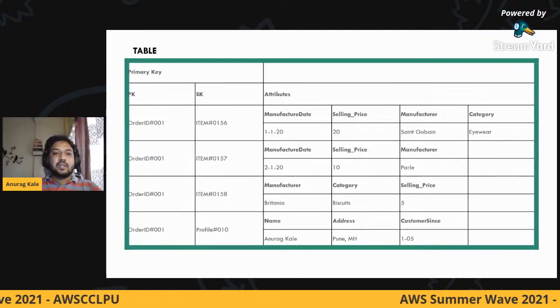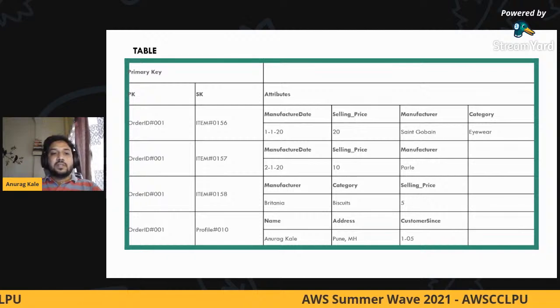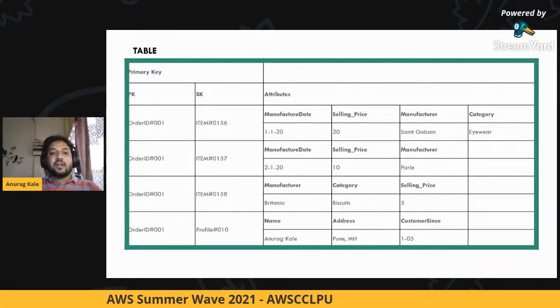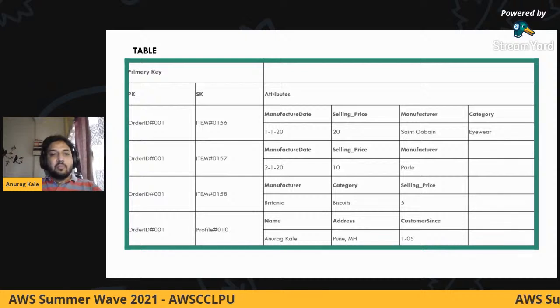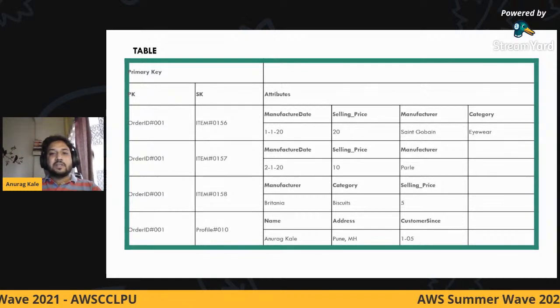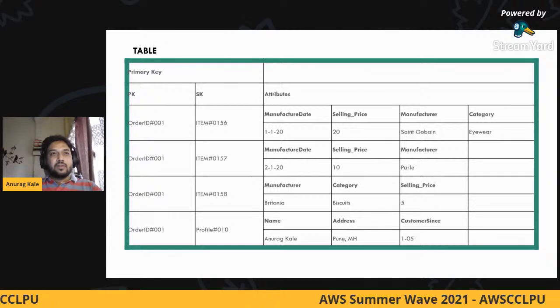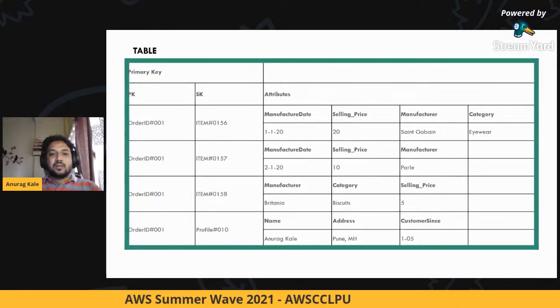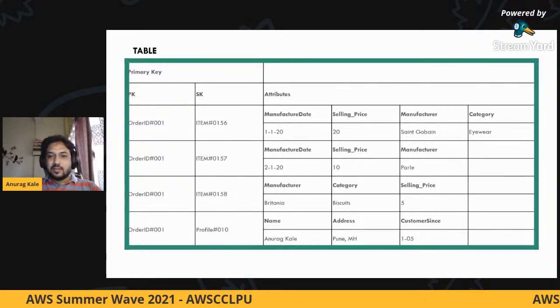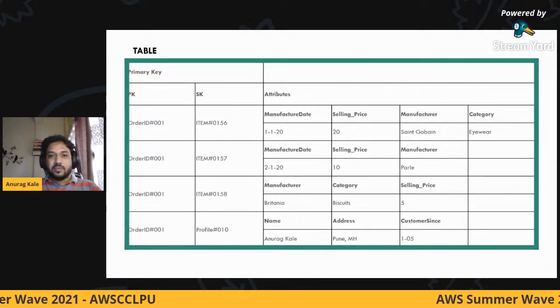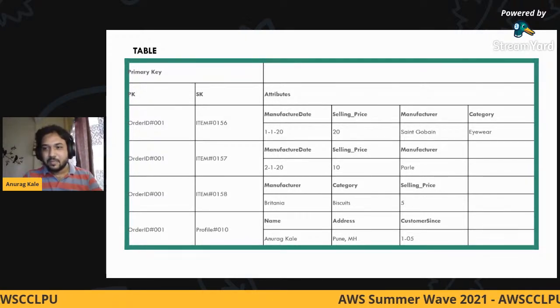Now if you see here carefully, items 156 and 157 both have manufacture date, selling price, and manufacturer, but only item 156 has a category. 157 doesn't have it. So the blank space here doesn't represent anything. This is because this is the only way you can represent tables using Excel and PPT.